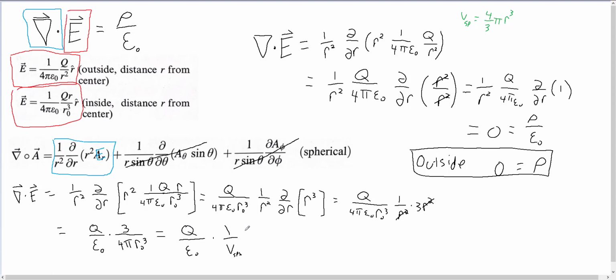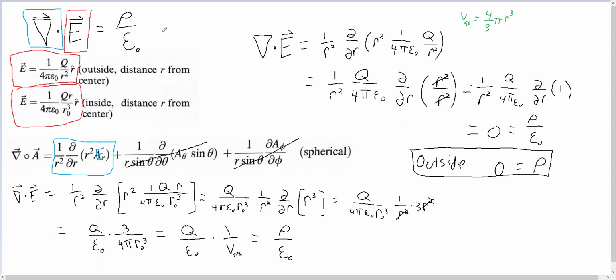I also recognize that the definition of rho, the charge density that you see in the beginning of our evaluation here, rho was defined as charge per unit volume. So this is really nothing more than rho divided by epsilon naught. And that's exactly what we were hoping to show,